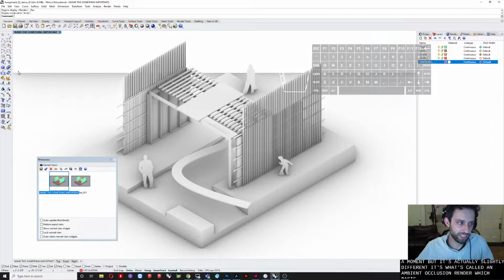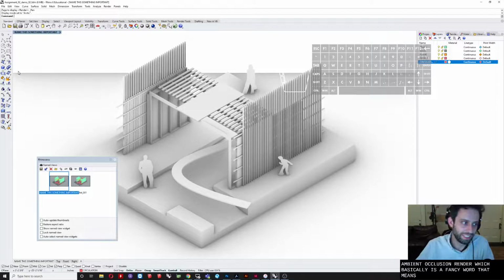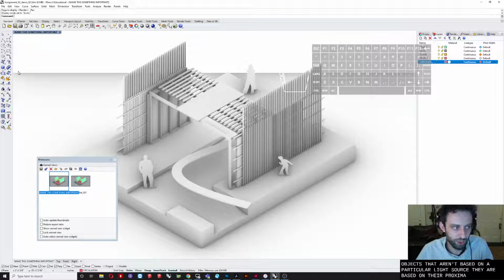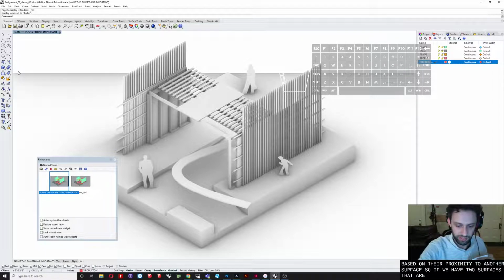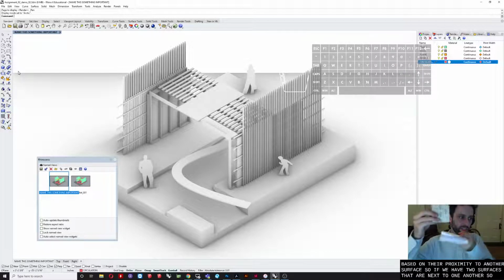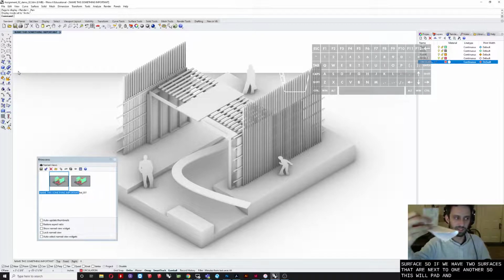which basically is a fancy word that means we're getting shadows on objects that aren't based on a particular light source. They are based on their proximity to another surface. So if we have two surfaces that are next to one another, so this little pad and this little piece of paper,